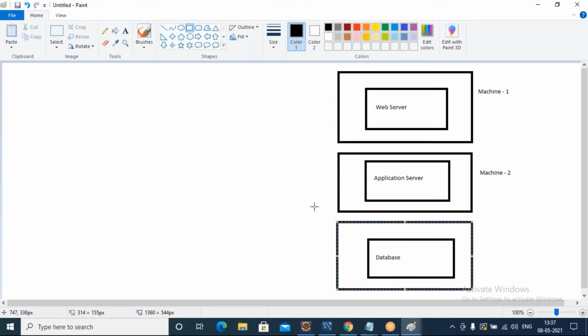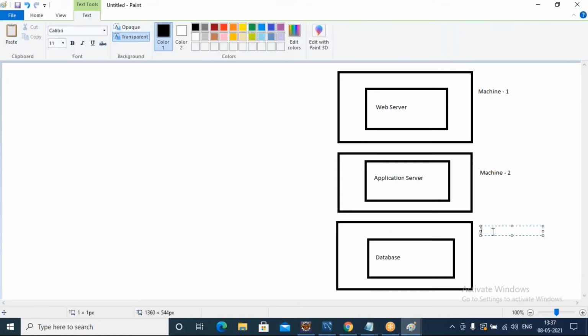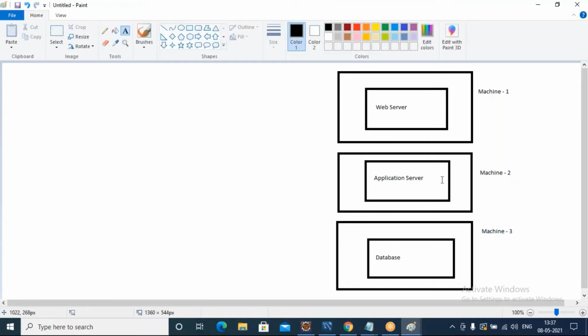It is running on a different machine, machine 3. All those machines are in different environments. Assume that my application server is in the US, my database server is in India, and my web server can be in any different location.